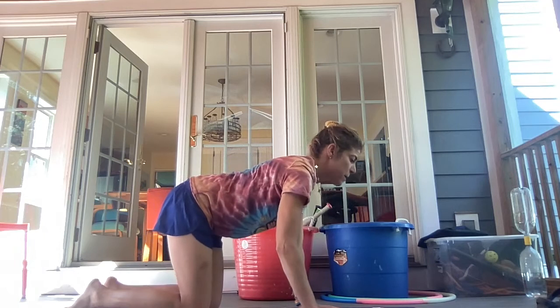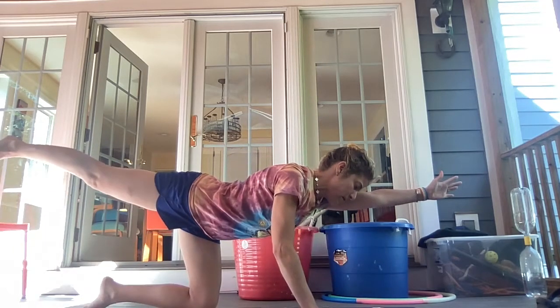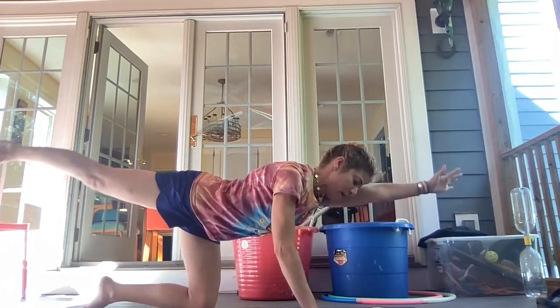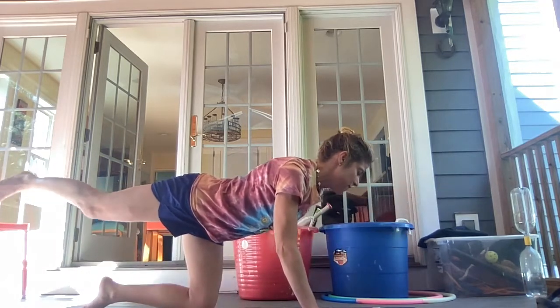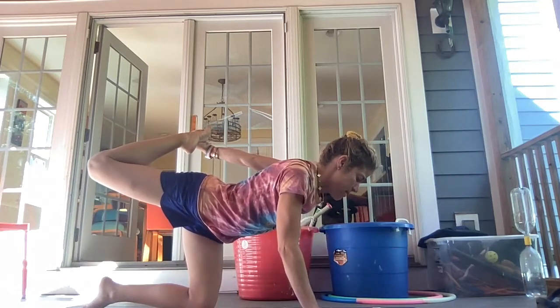Coming to a neutral spine, taking the left arm forward, the right leg back, inhaling here, and exhale, bringing elbow to knee. Inhaling back out, exhale, elbow to knee. Inhaling out, exhale, left arm around, grabbing hold of the right foot, kicking the foot into the hand,